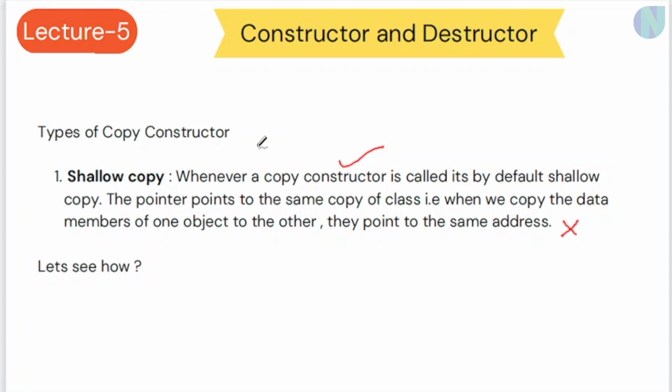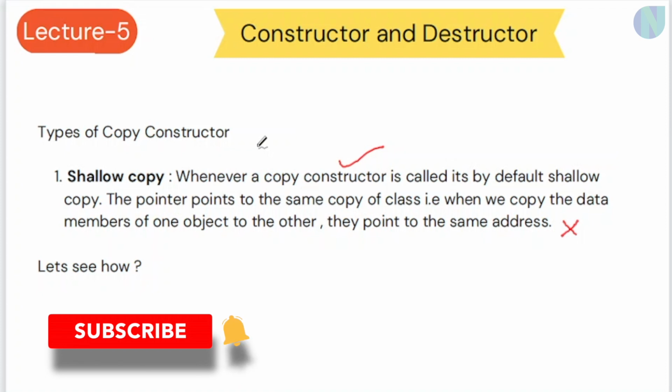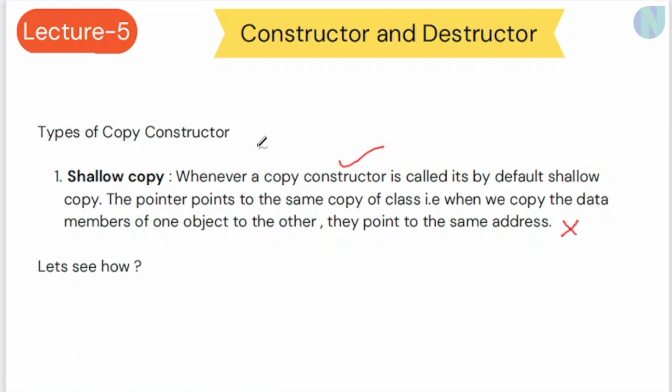So basically in shallow copy we don't need to write any code, but the problem we face is whenever we do a dynamic allocation, like whenever we declare pointers. If I am making an object 1 and then I am making an object 2 and I am copying all the elements of object 1 to object 2, then whenever object 1 has any kind of pointer and all the things are copied to object 2, both the pointers in object 1 and object 2 will point to the same memory address. So consider at any moment I want to delete the pointer of object 1, the pointer of object 2 will be automatically deleted.